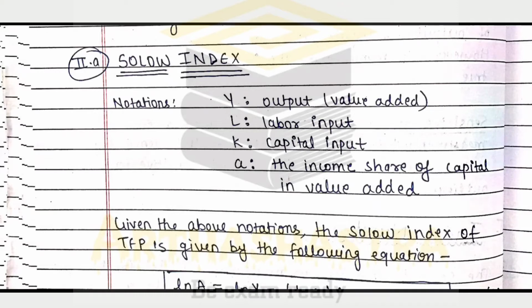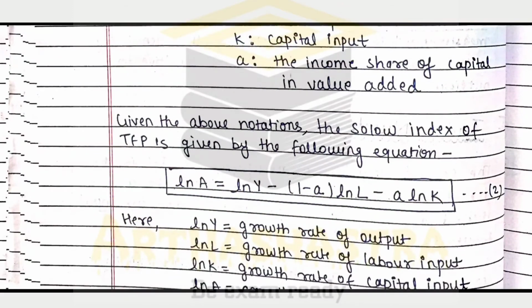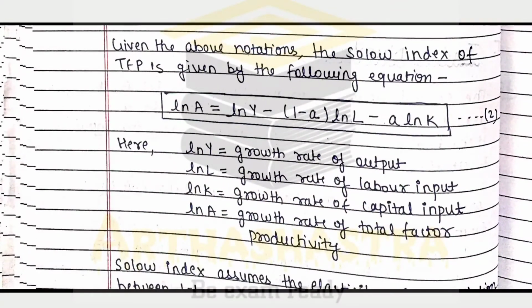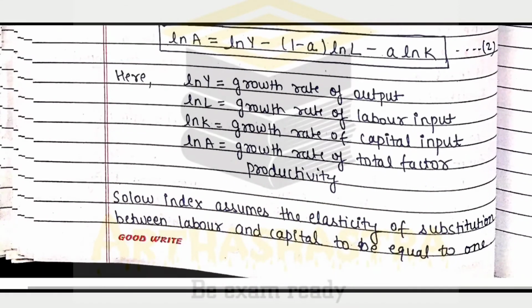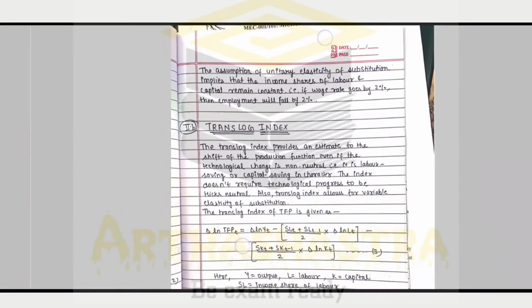Now using these notations, we write down the Solow index of TFP. So it is represented by the equation in log terms. It's log A equals log Y minus (1 minus alpha) log L minus alpha log K, where alpha is the income share of capital. So the log terms represent growth rates: log Y the growth rate of output, log L similarly the growth rate of labor input, and so on. Now we have written down the assumption. So the elasticity of substitution here is assumed to be unity,